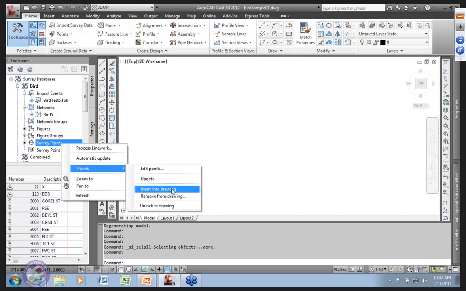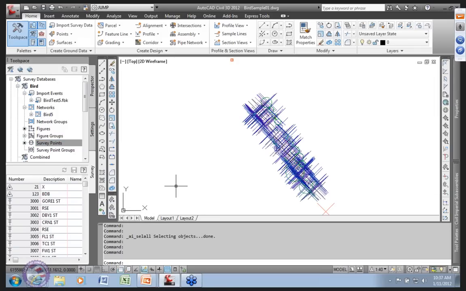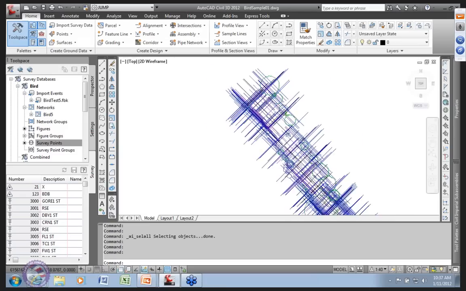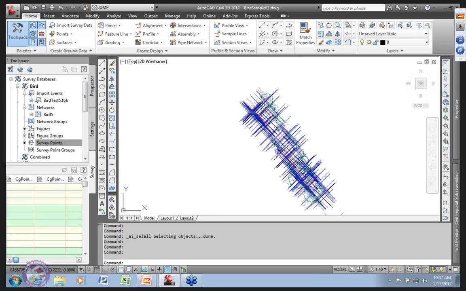We're going to stick in the points, and we're going to insert all the survey points in this small little survey into a drawing, and some magic's going to happen somewhere, and stuff is going to show up and look like something. And actually, Civil 3D at this moment in time is lying to me. What I see on my screen may or may not have anything to do with what's real. Because when I took my survey data, which is what we're holding in my database, which has got lots of data in it,